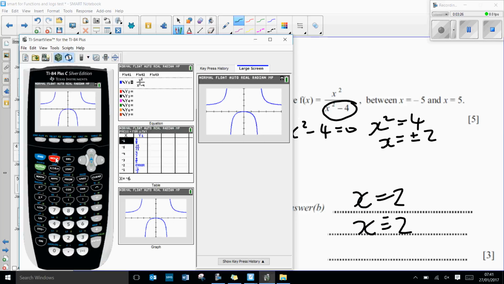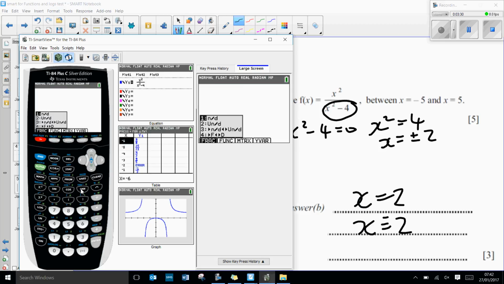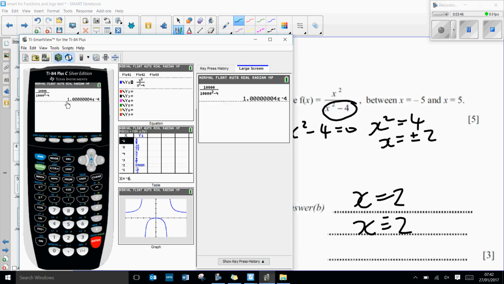It gives me 1.000 e to the -4, so we've got negative 0.0001. Hopefully you can see that that would be, hang on a minute,